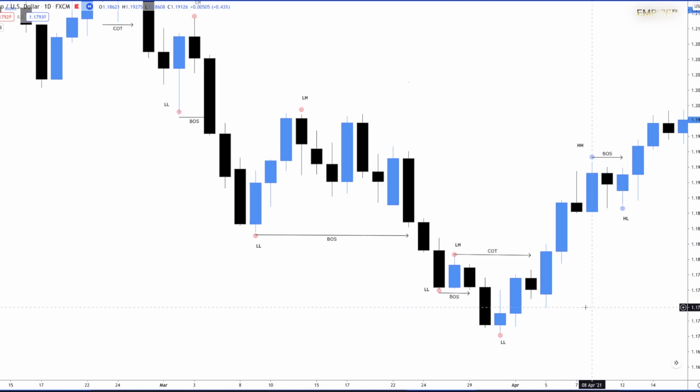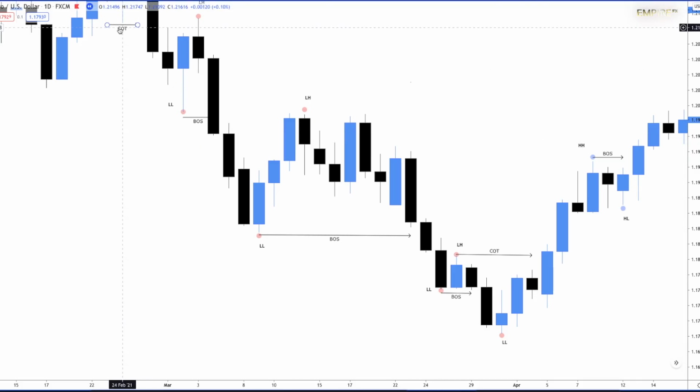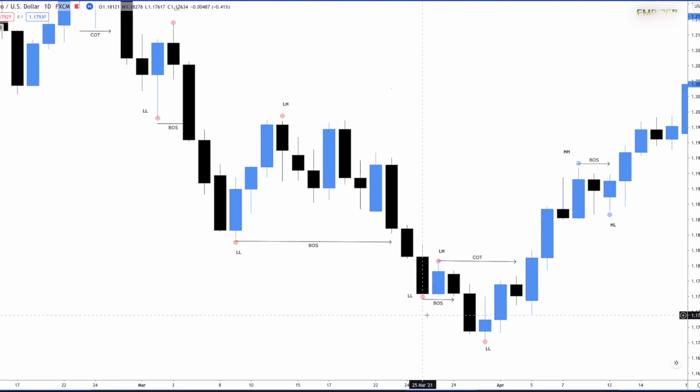So this is where you need to read the price action of the candles up here to see if it's a lower high. So you'll see, let's put our cursor over this candle here. You'll see the low is reading 1.17617. That's the price. All right, that's the low up here. You can read up here. You see the low is there,